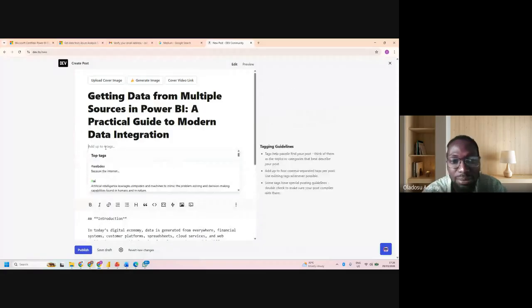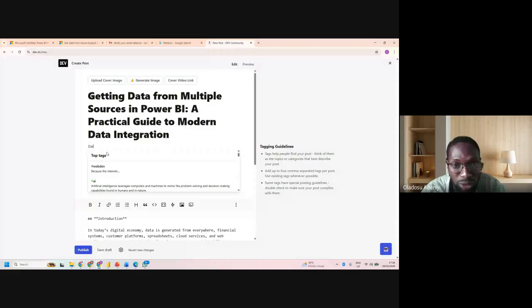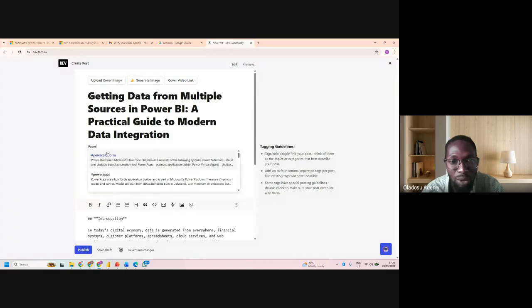What are your tags? Now, the tags mean which people you want to read it. I want people from data to read it. So you can only add some things. If you do not see anything pop up here, that means you can't put it there. So for those people I want to read it, let me type, maybe I will see Power BI.